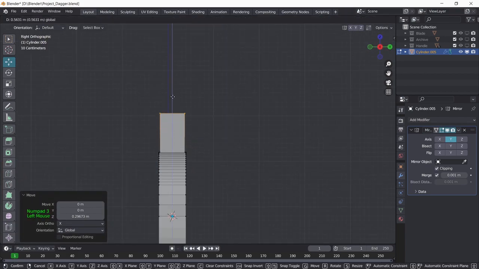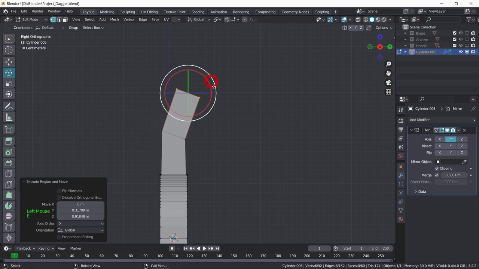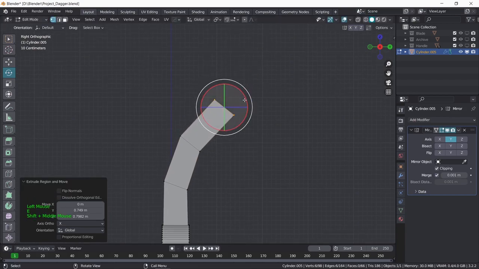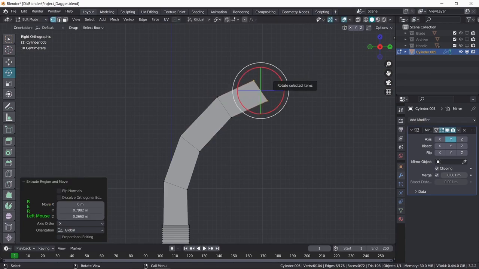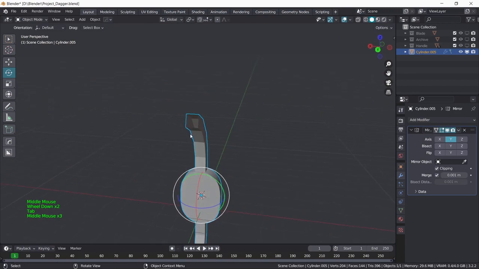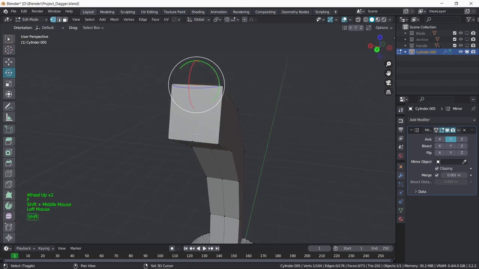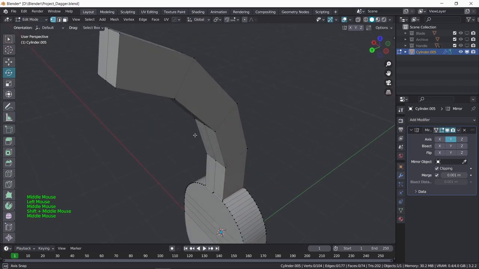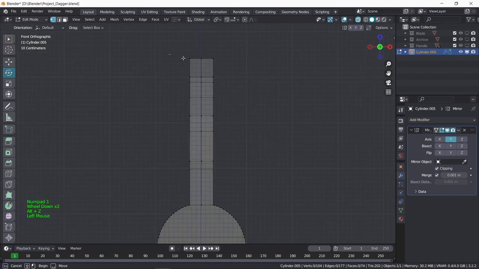So I move this upwards, rotate it a bit, extrude it, rotate it a bit, extrude it, rotate it a bit, extrude it, rotate it a bit. That should be fine. Then we can just cap this with an F and then join these back with a J. So now we have a nice thing, and we would like to make it smaller and smaller, so